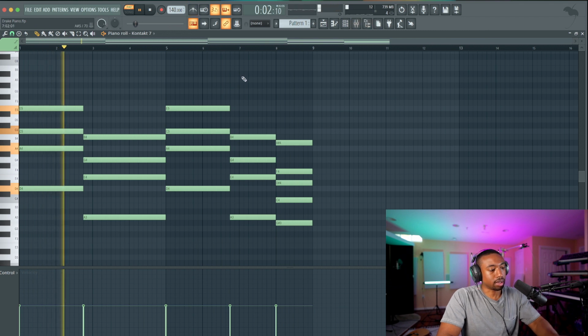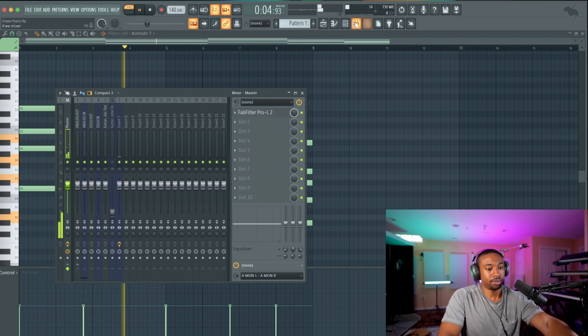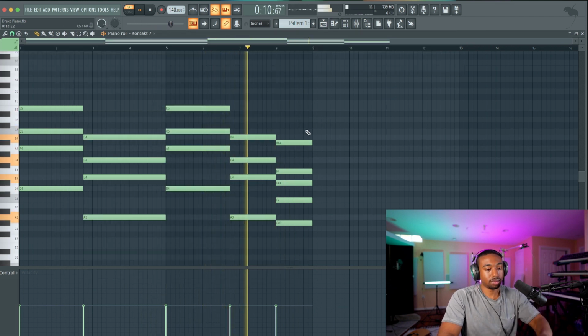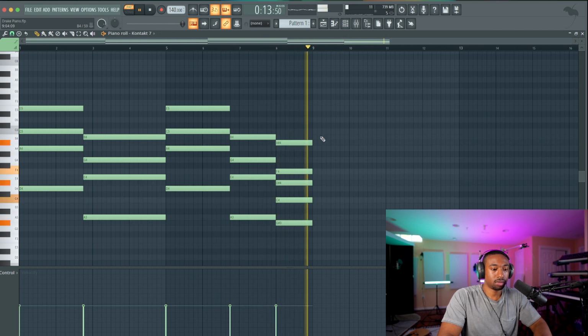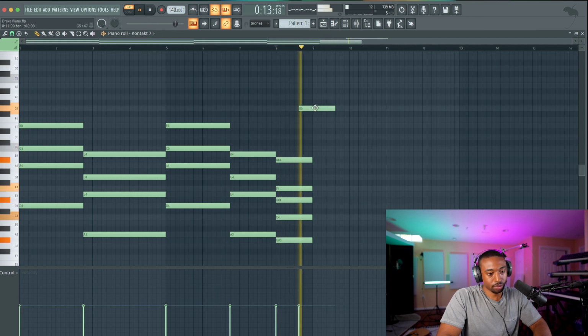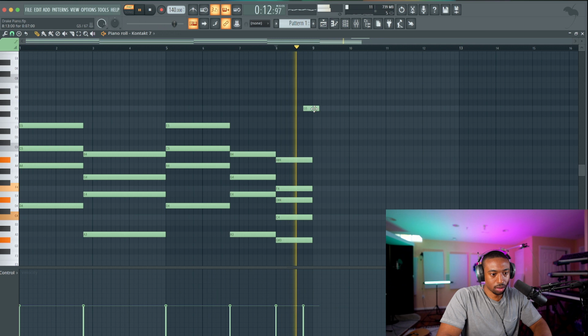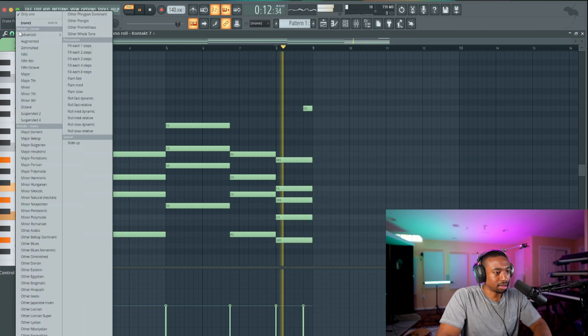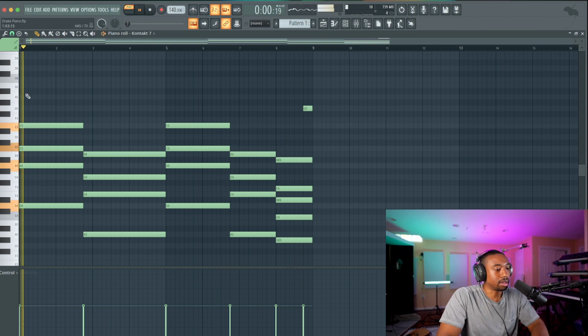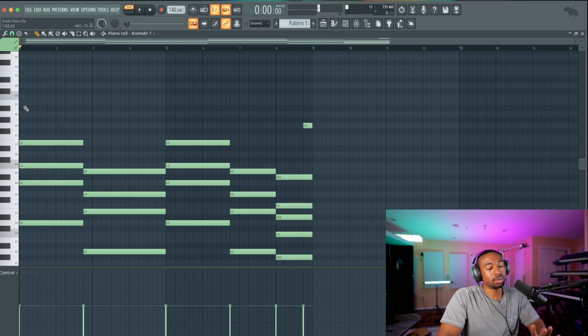Let's turn off the metronome for a sec. Turn up the volume. So now let's add a melody. I feel like that wraps around too fast, so we'll figure out the timing there. Now let's add the melody. Okay. So first add single notes and then add all the movement.